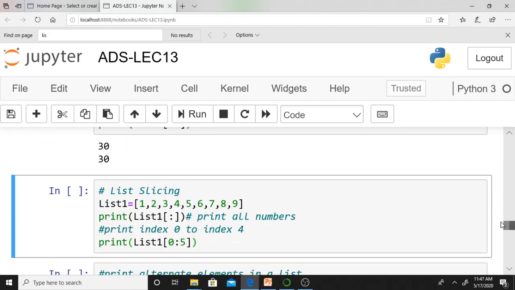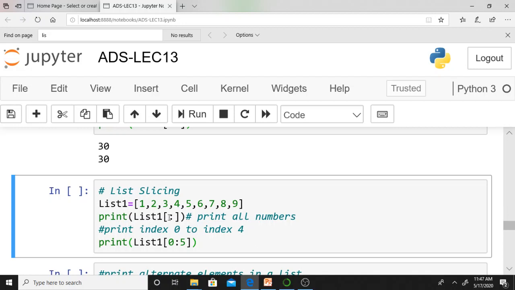Let me take another indexing example. I have a list of elements 1 to 9. If I keep a colon, what does it mean? It prints all elements from start to end.